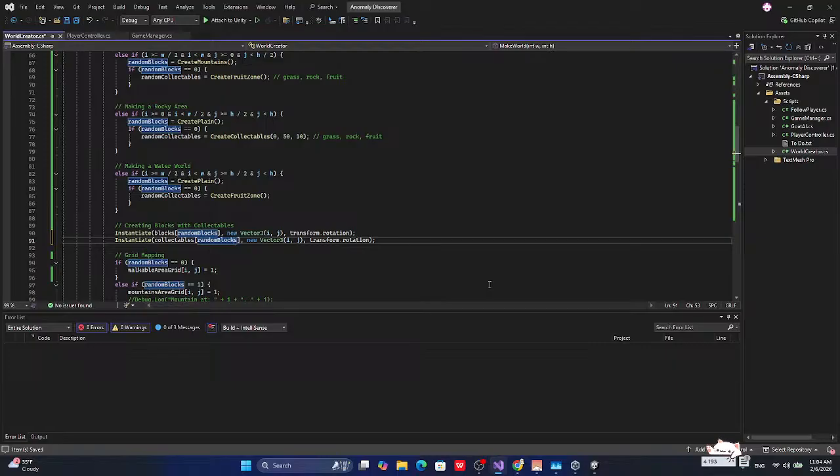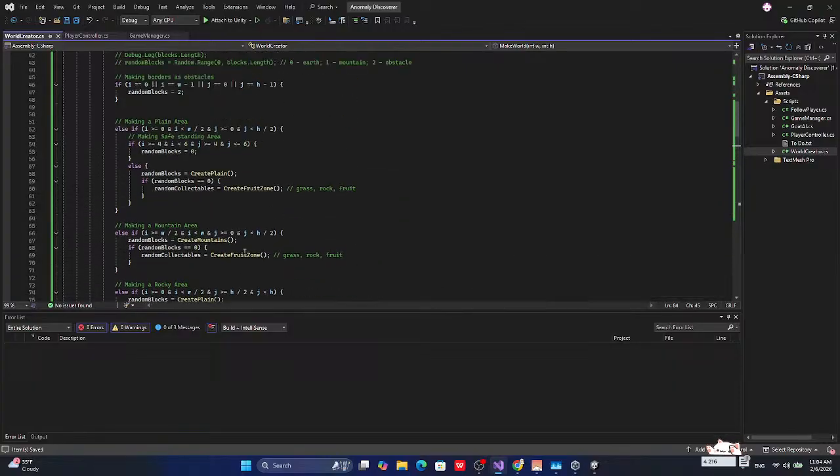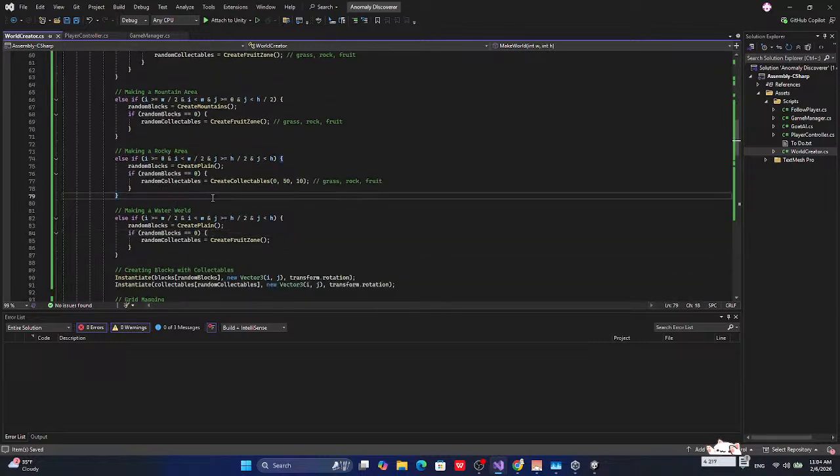And then we got a random collectible. Random collectibles. So